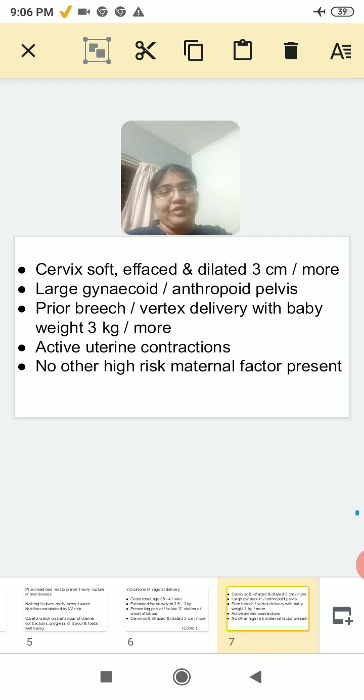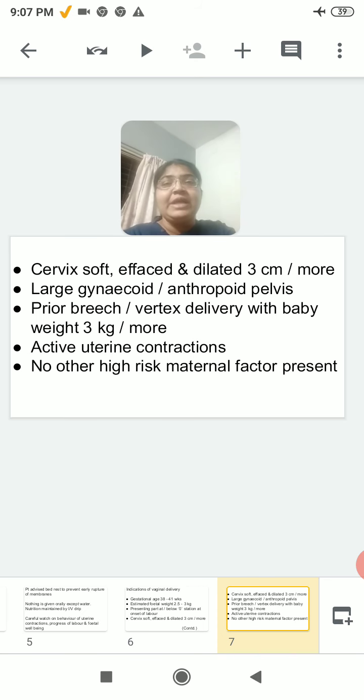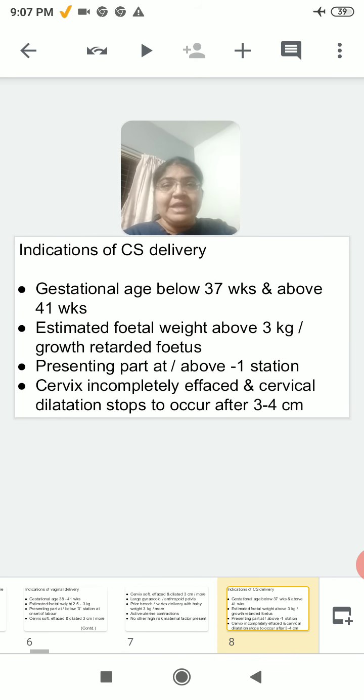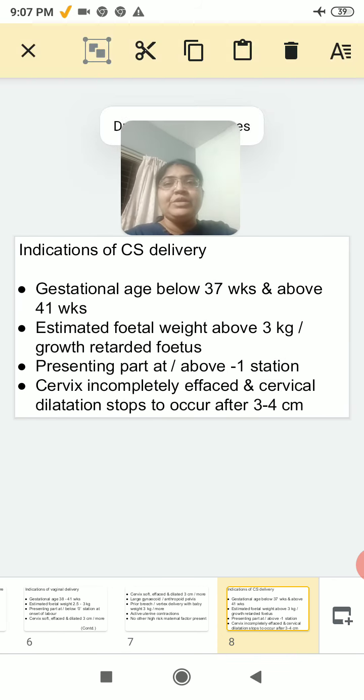Active uterine contractions. When contractions are good, strong, severe, you can allow the vaginal delivery. No other high risk maternal factor present. So along with the breech, except breech, any other high risk maternal factor is not present. So these are all the indications of the vaginal delivery. Now we come to the indications of